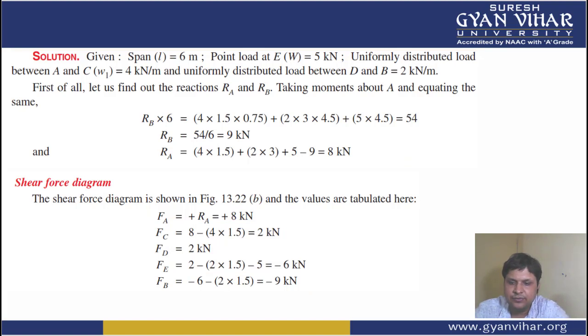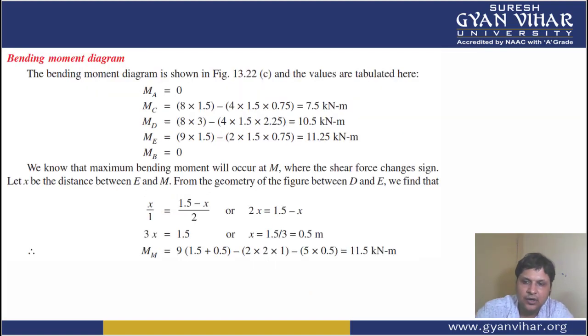Now calculation has to be done for bending moment also. How we will calculate for bending moment? For the bending moment diagram, students, you will have to calculate. We all know first of all that bending moment at A, means at supports, you have the bending moment equal to 0. Then between the supports you will have to calculate the value of moment at C.